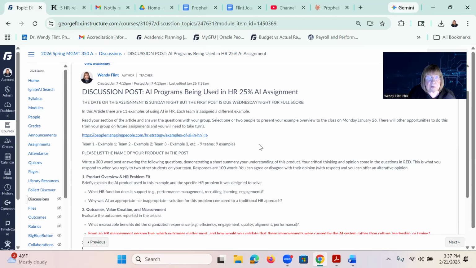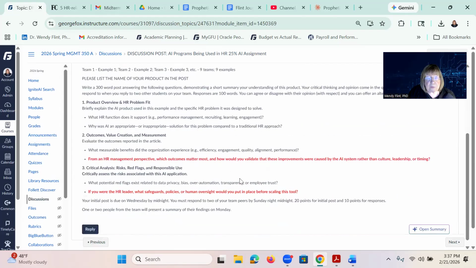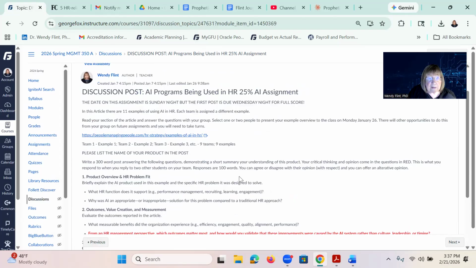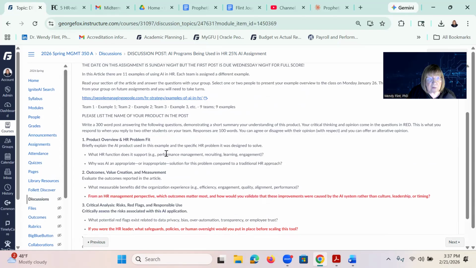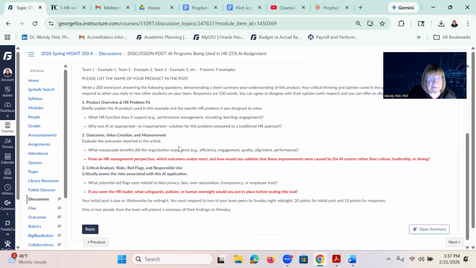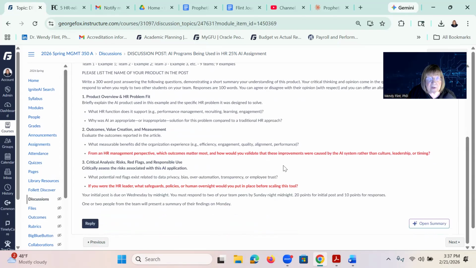And so they had a 300-word post summarizing the understanding of the product, an opinion. In these red questions was their personal opinion. And then they replied to 2 other students. So, what function did it support? What benefits did it provide the organization? Is there any concerns? Could there be other things that would have impacted those results besides the system? And the most interesting question I had, if you would have implemented this tool,